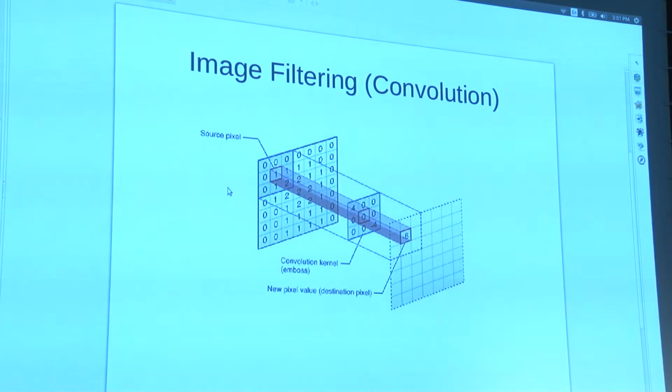And you know, all those filters in Photoshop, when you want to make grayscale, make it black and white, detect edges, make a neon glow, and everything else, work on these principles. You have a small matrix that goes through the entire image and multiplies pixels and generates a new image.